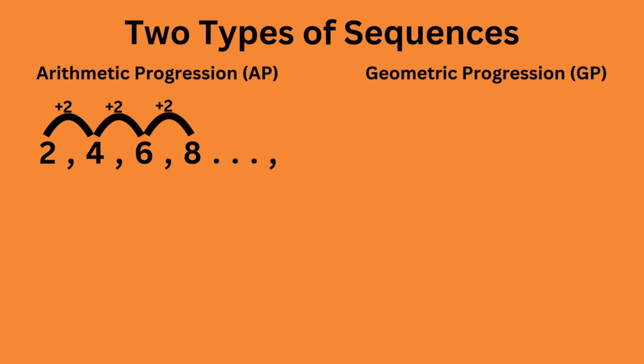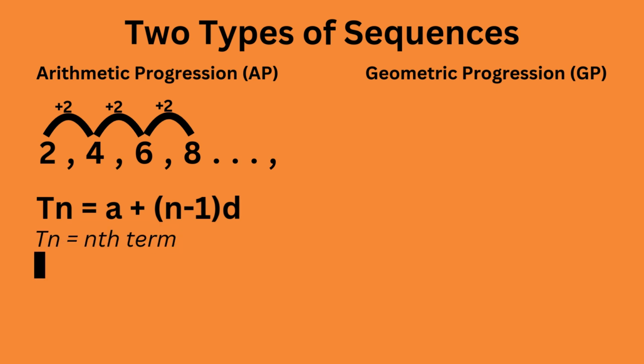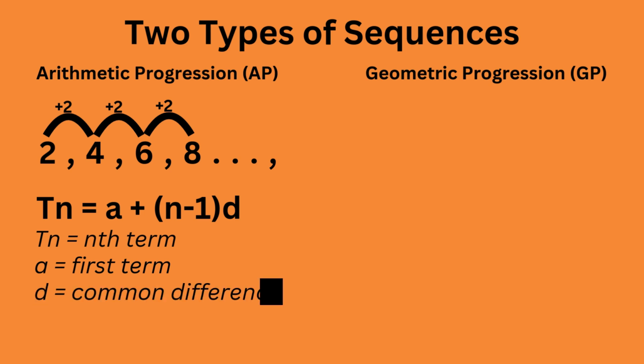The formula for the Tn of an arithmetic sequence is Tn = a + (n - 1)d, where Tn is the nth term, a is the first term, d is the common difference, and n is